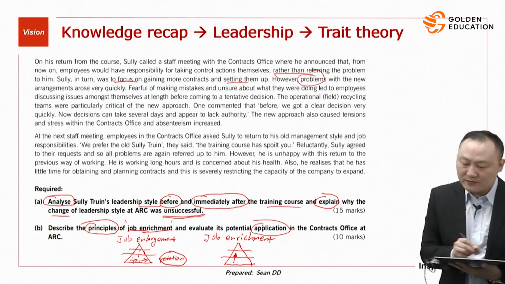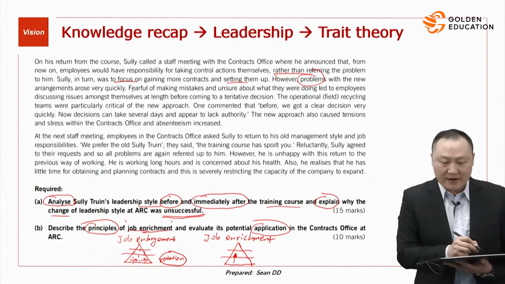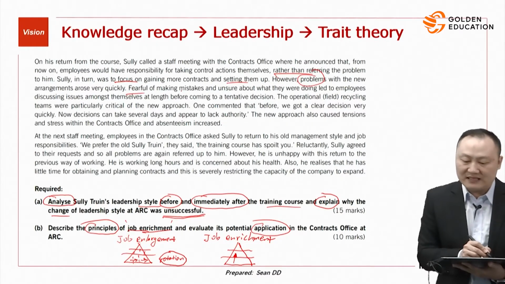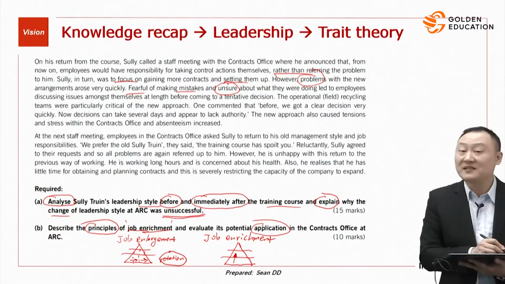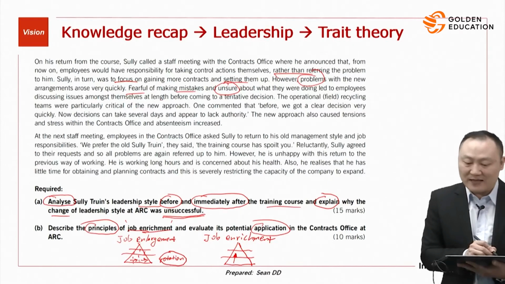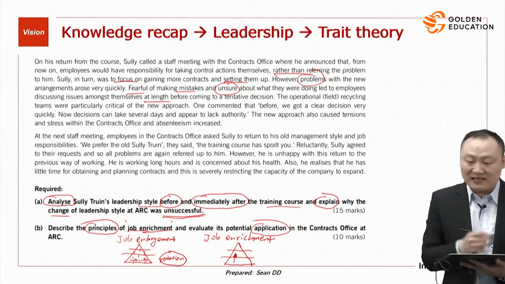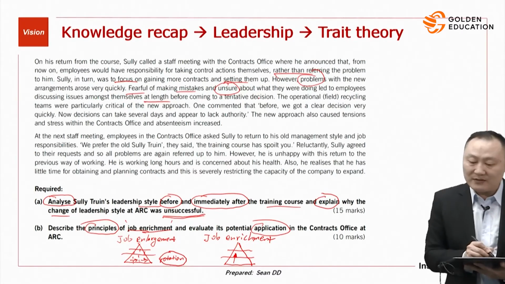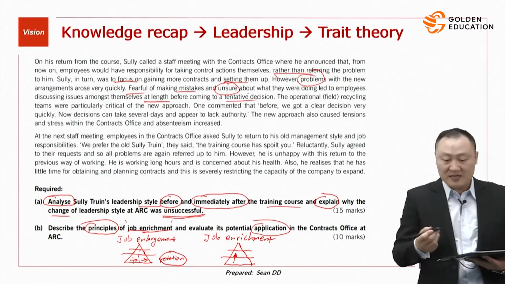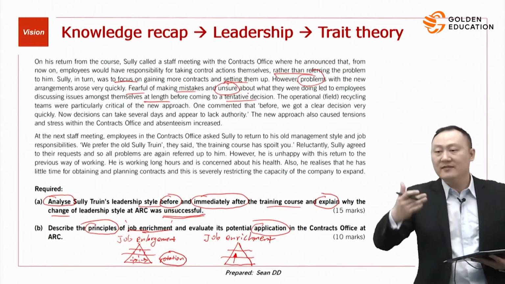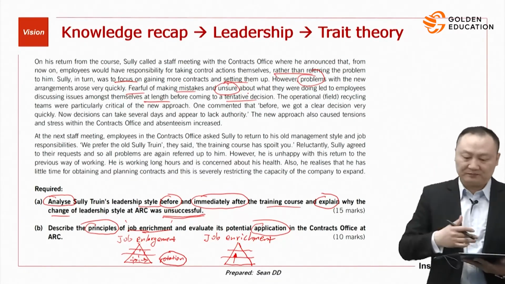However, problems with the new arrangement arose very quickly. Fearful of making mistakes and unsure about what they were doing, employees discussed issues among themselves at length. That means in detail, before coming to a tentative decision. That means a temporary decision. In simple English, before they make a temporary decision, they need to discuss everything in detail because of the lack